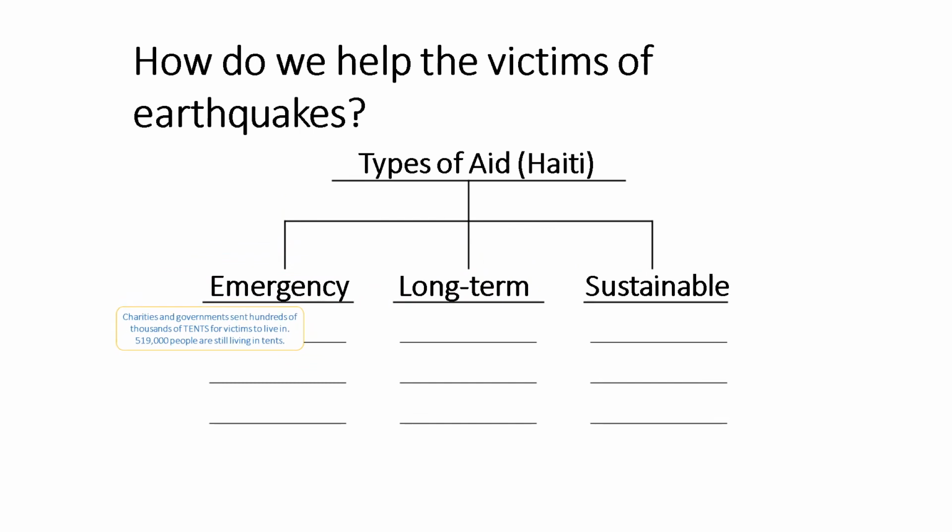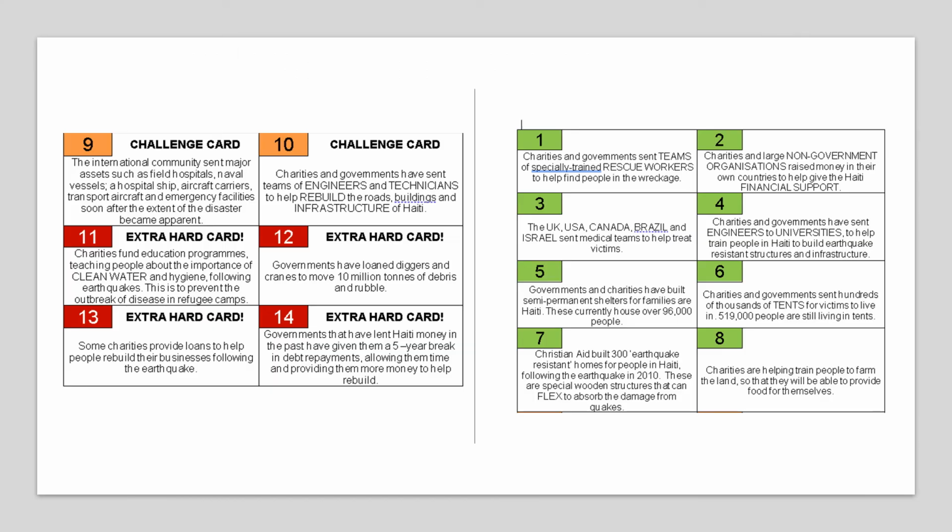They needed those tents. So what I'd like you to do is look at that sheet of all the different types of aid. It's also on the next slide, and I'd like you to try to put them into categories. For some reason the numbers are the wrong way round, but it doesn't matter. Numbers 1 to 8, the green ones, are hopefully more straightforward. Numbers 9 and 10 are a bit of a challenge, see if you can work out where they would go, and 11 to 14 are a real challenge. You should be able to work it out, but just have a look and see where you would put them.